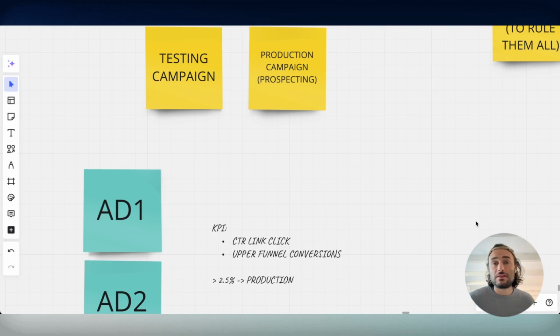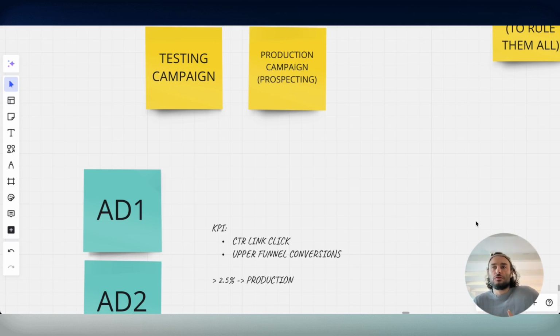Again, the production campaign will still be very AI optimized, so we'll have all Facebook budget distribution and audience expansion. So you will have a lot of the new AI things from Facebook. Still, you will get some control, and you will be able to not, for example, put many ads in the production campaign that might not work. This way, you keep it pristine, you keep it clean, only with winners, and